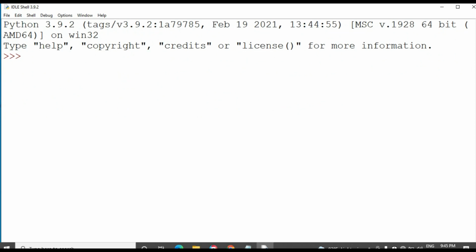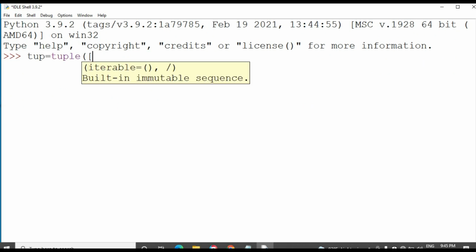Okay, let's see how we can create a tuple. I am taking a variable as tuple of Python, Java, 6.8.